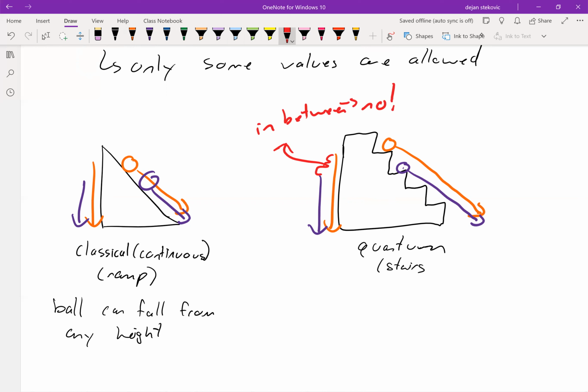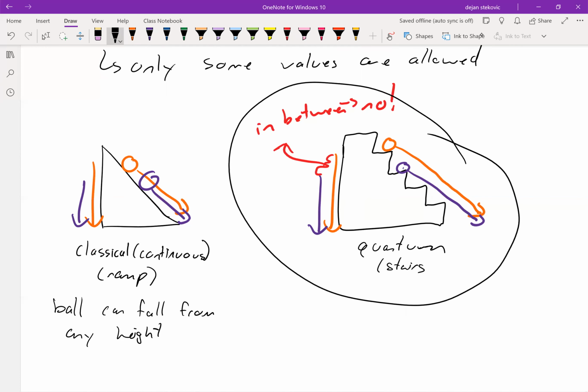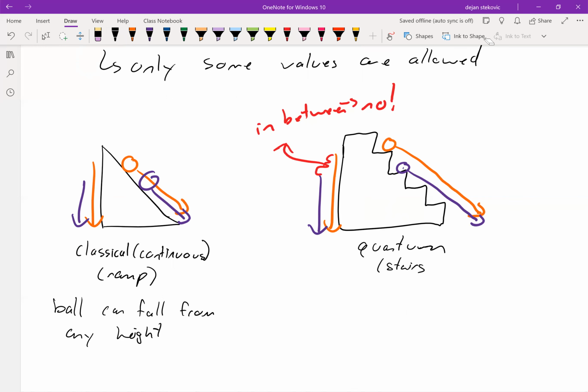no, right? So back to the speed analogy, in the continuous world, we go from 61 to 62, 63, 64, 65 miles an hour, and everything in between. Whereas somewhere in the quantum world, we'd go from 60 directly to 65 and not be allowed to go anywhere in between.